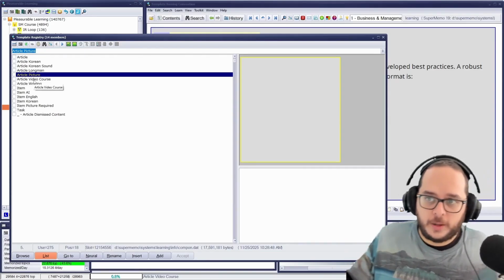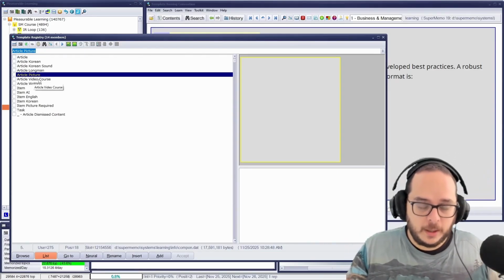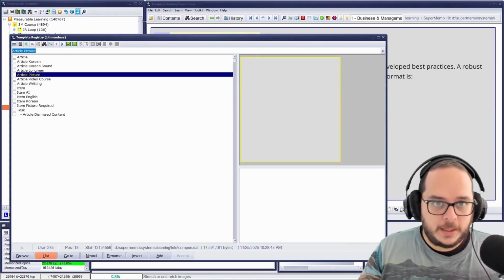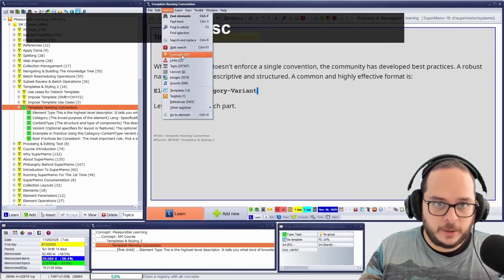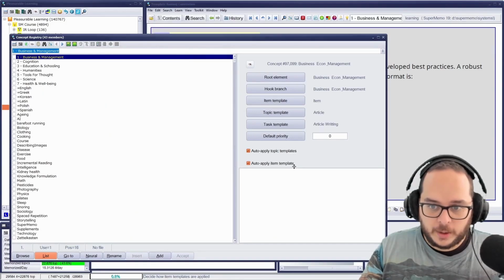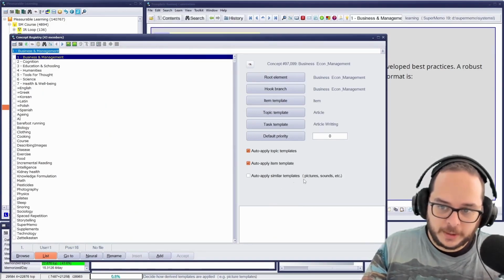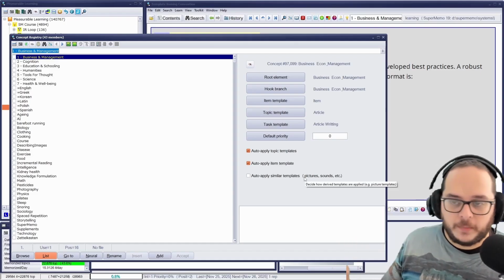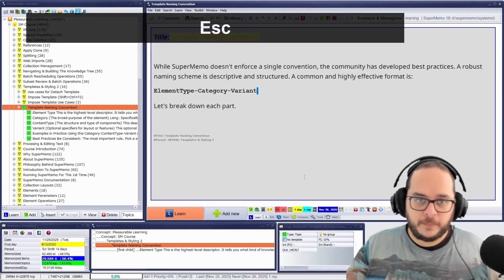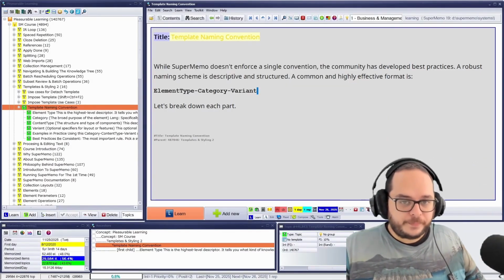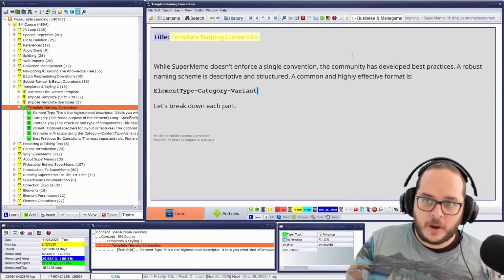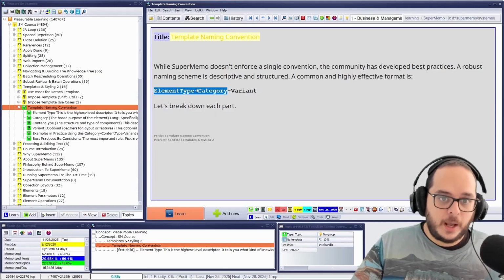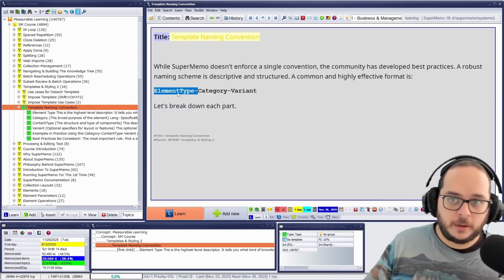So this is hard-coded. We cannot do anything against it. And if you don't do it, you will lose this feature. And this, just a quick reminder, it's in the concepts. This one, auto-apply similar templates, picture, sounds, and so on. So if you don't put picture or sound, it won't work. Remember this. So then, I suggest to have a common